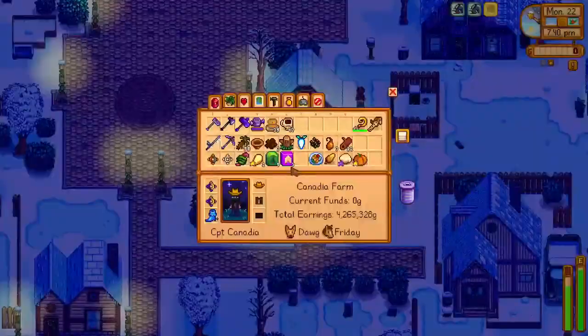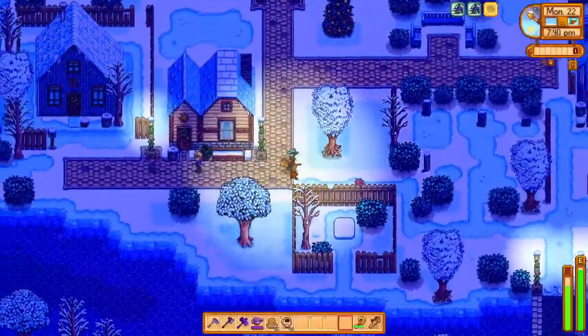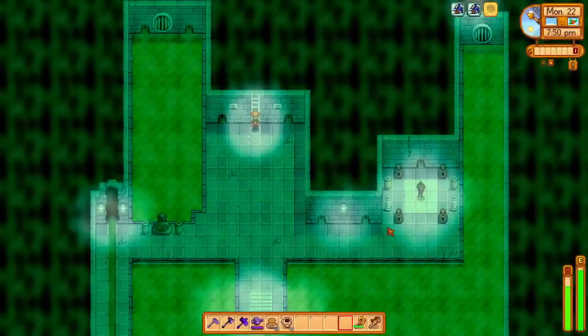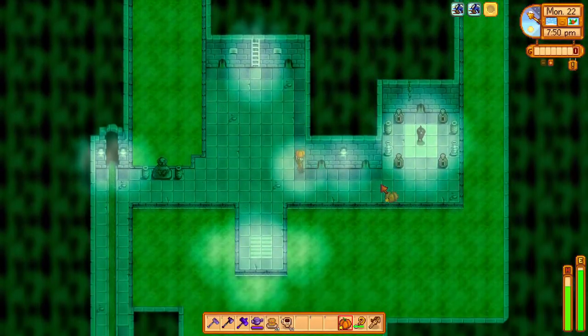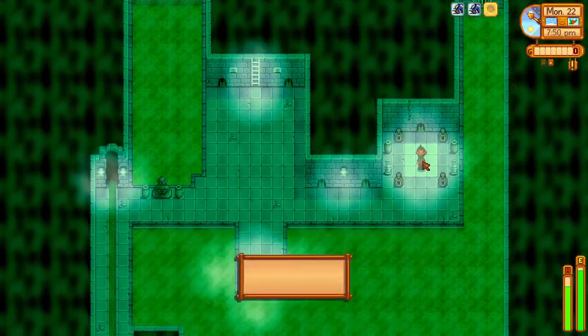I was also hoping to give Leia a gift, but she is not at the saloon, unfortunately. I believe she is at her ranch, and we can't even enter her ranch because we don't have 2 hearts with her yet, but that's alright. Her birthday is coming up, so that will help. And we do head into the sewers to give Krobus a pumpkin,